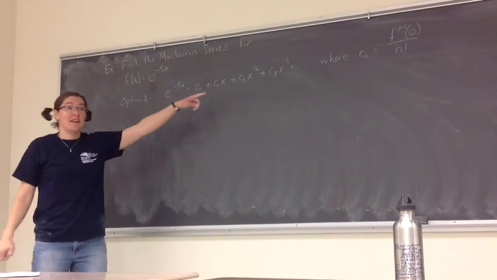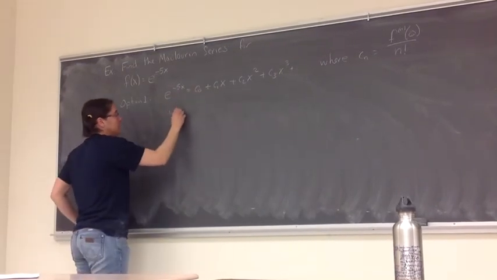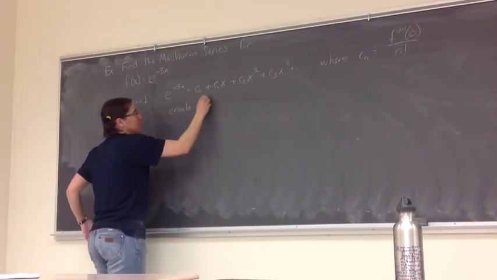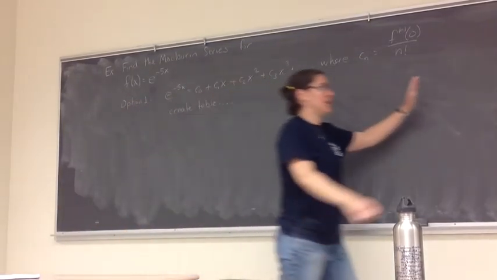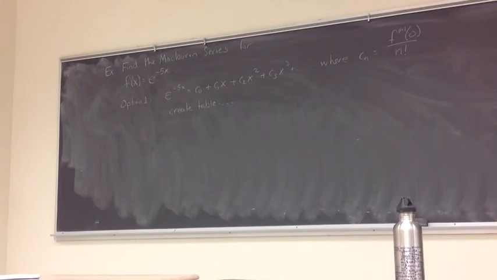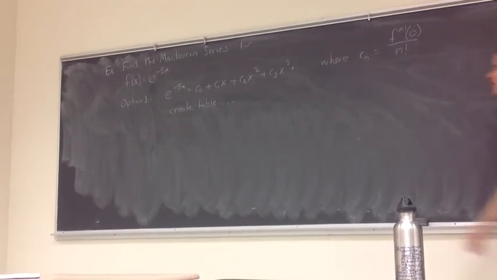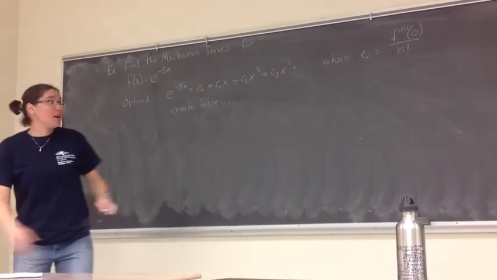So I could do that and create my table and do all of that work. Remember when we created the table, it took up this entire sideboard over here. So we could do that for e to the minus 5x, and that's absolutely positively valid. Or